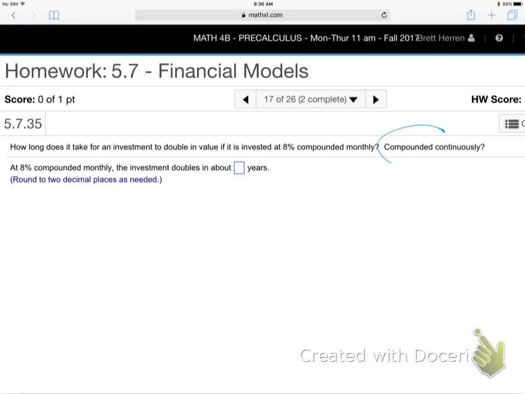Let's just do the second part. How about continuously? So they're saying how long for it to double compounded continuously. Hey, what's the guess? Look at that. 8%. What's your guess? Now we can use Gauss's rule of 72. It's approximate, right? 8%, that's for money to double. That doesn't work for triple. We couldn't have done it on the triple problem we just had. But for doubling your money,